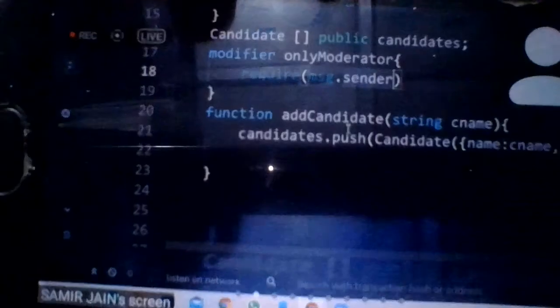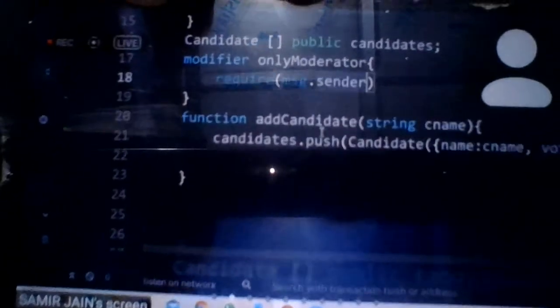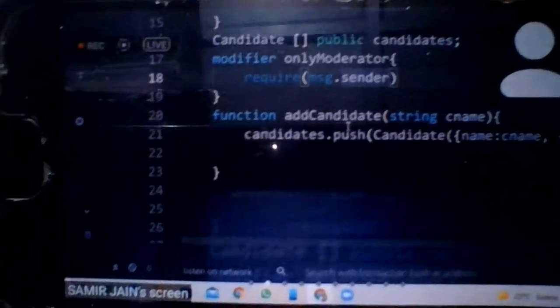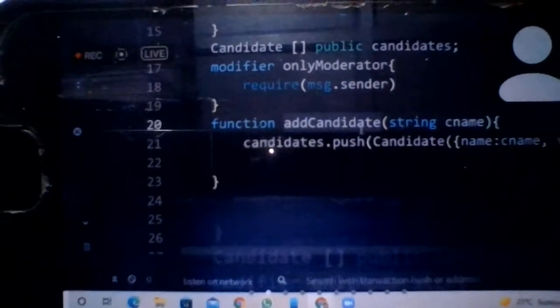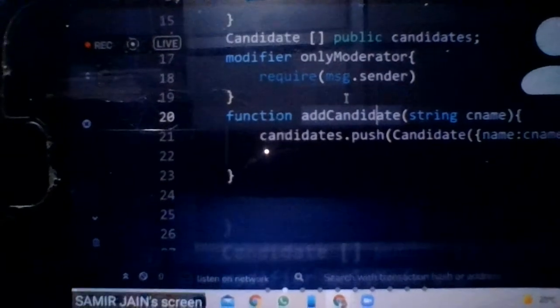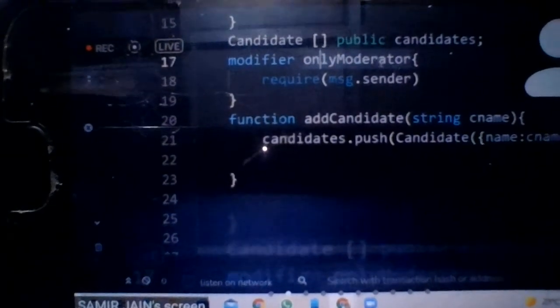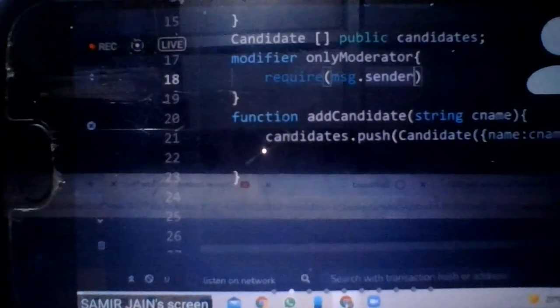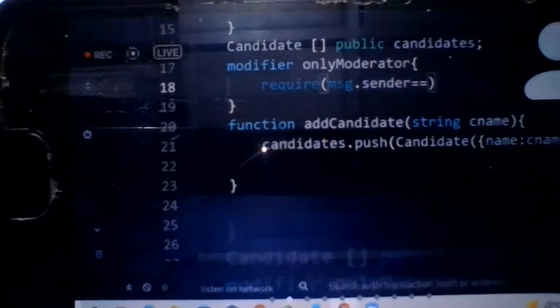I am calling this function, so I will be the message.sender. Who can call this function? Only the owner. Owner is the moderator. So message.sender should be equal to moderator. So we are adding this.